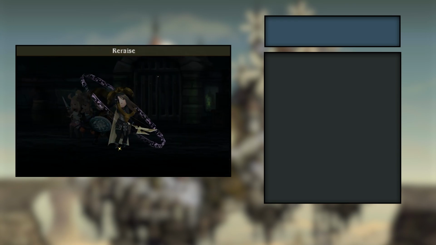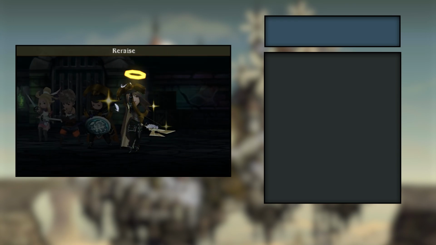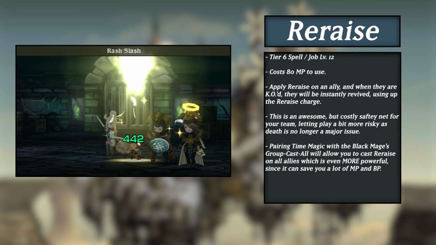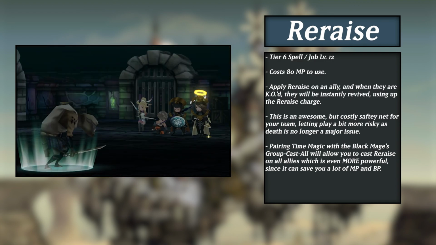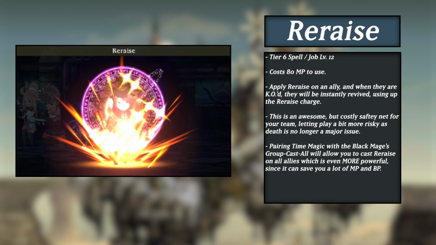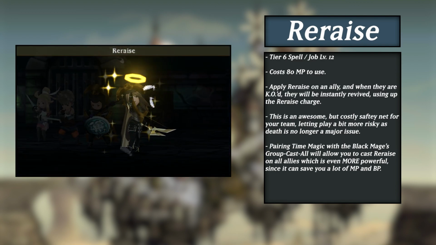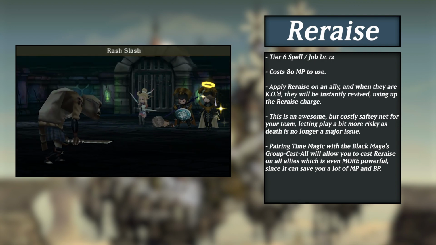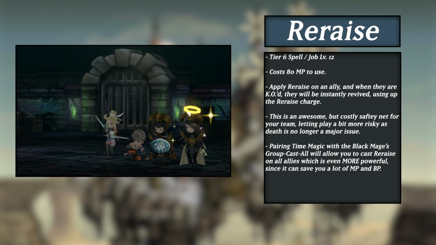And finally, before we move on to support abilities, we need to talk about re-raise. For 80 MP, you apply re-raise to a target of your choosing. When that character is KO'd by any means, they will instantly be raised back into the fray, using up the re-raise cast. This is an extremely powerful failsafe on your teammates, being able to keep your team from immediately crumbling